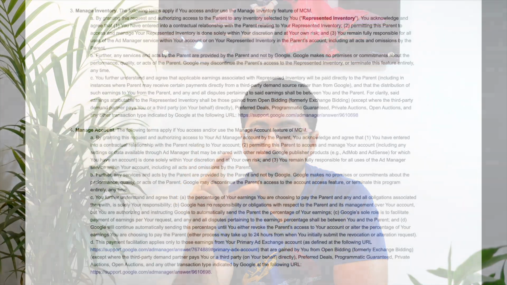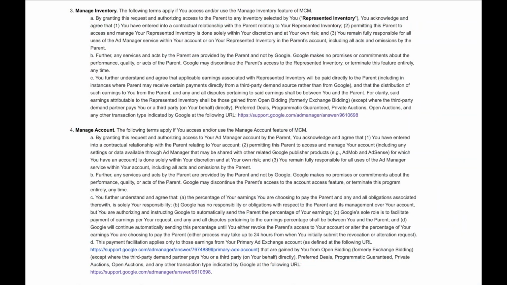Now let's quickly go over the agreement that you sign once you are a child publisher with either managed inventory or managed account. It's the same agreement, and it's very important for you to understand the terms. I'll share the link of the agreement, and it's also available to you when you are accepting the invite from the parent publisher. Now I will brief you on the three most important things that are mentioned in the agreement, and you should know